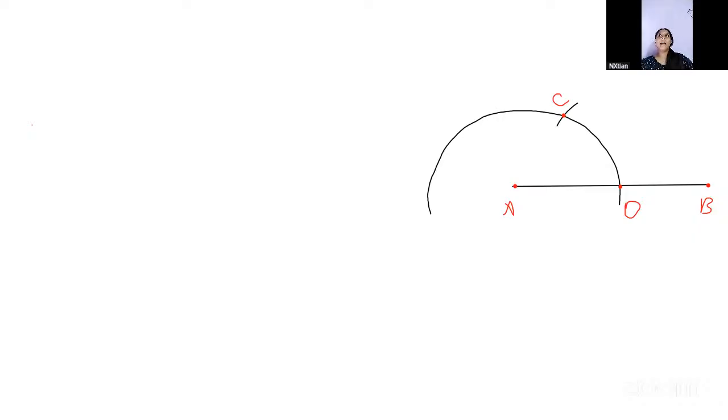Suppose I have to find out 45-degree. 45 is half of 90. So to make 45, I need to bisect between 90 and 0. Basically, bisecting, I'll do half of 90. To make 30, I'll do half of 60. How to do half of it, that is what I'm going to show you.